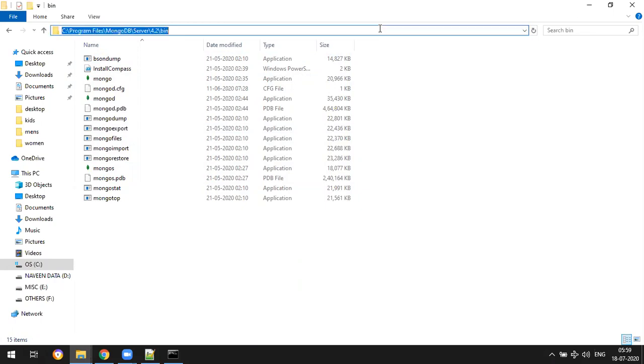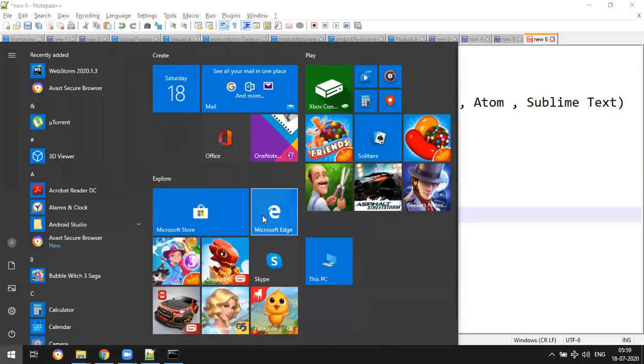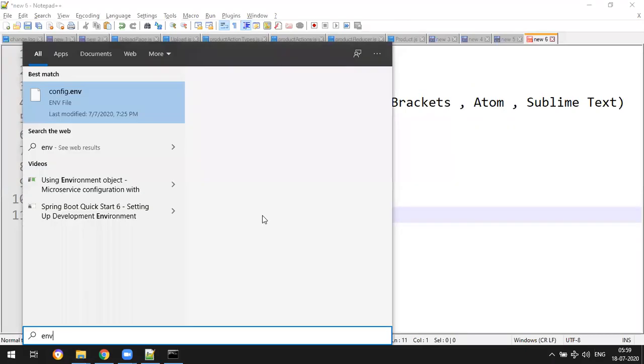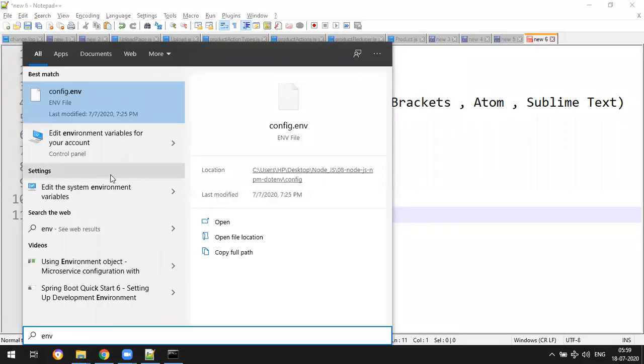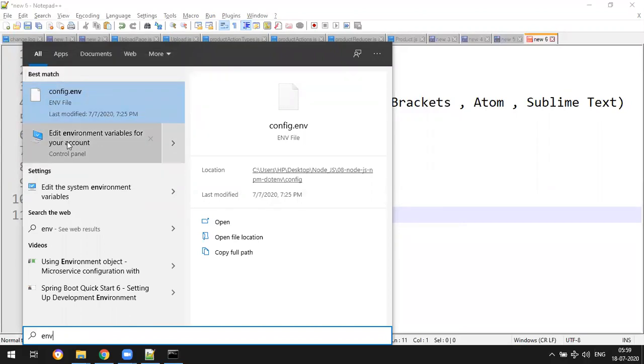So how to set that: copy, then press the Windows key and search for env. This env you get, not this one. This is our project file. Yeah, this one, Edit environment variables for your account or system. You can select anything, system environment variables or account environment variables.